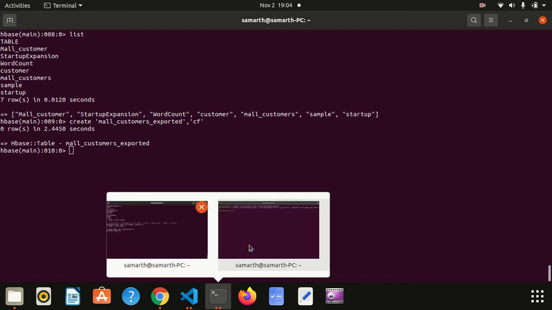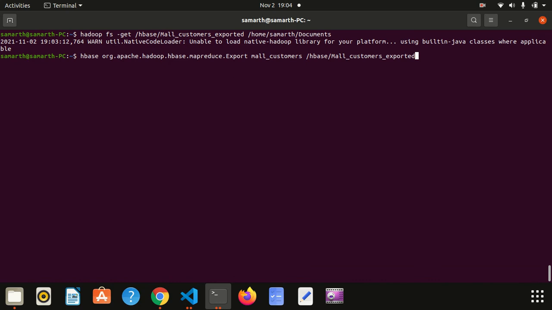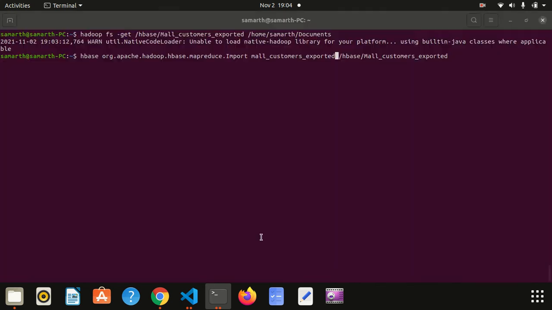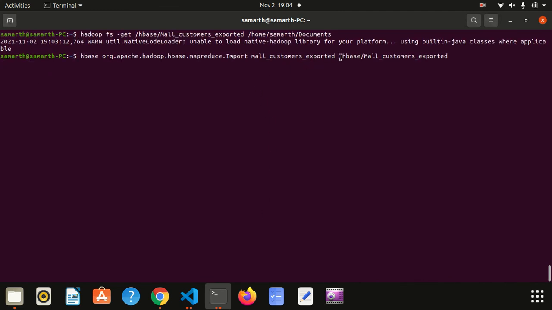Now we have to open another terminal and write the import command. So this is the import command. This is the table name which I just created in my shell, mall customers exported. Then this is the location from where I am fetching my table from HDFS.